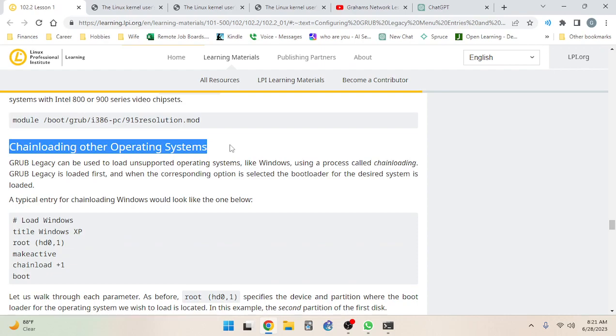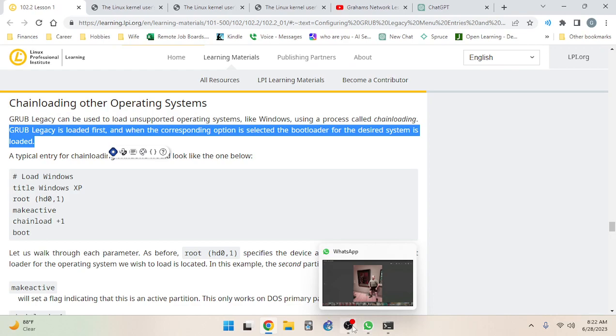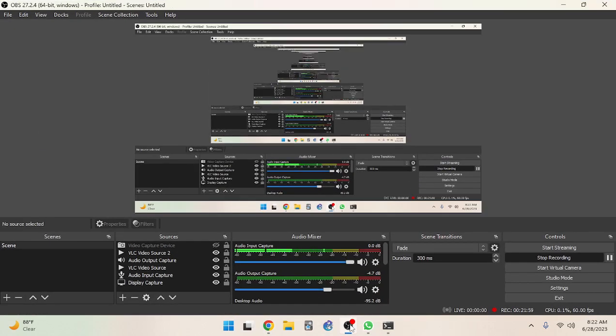All right, so chain loading other operating systems. Grub Legacy can be used to load unsupported operating systems like Windows using a process called chain loading. Grub Legacy is loaded first when the corresponding option